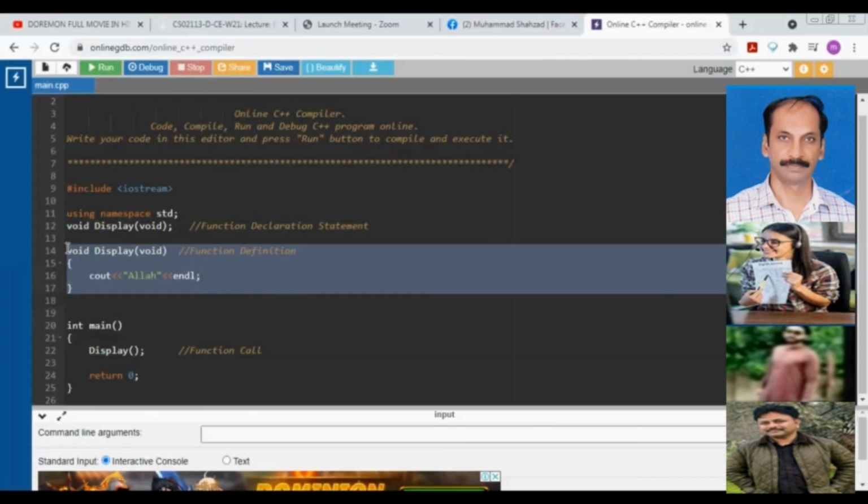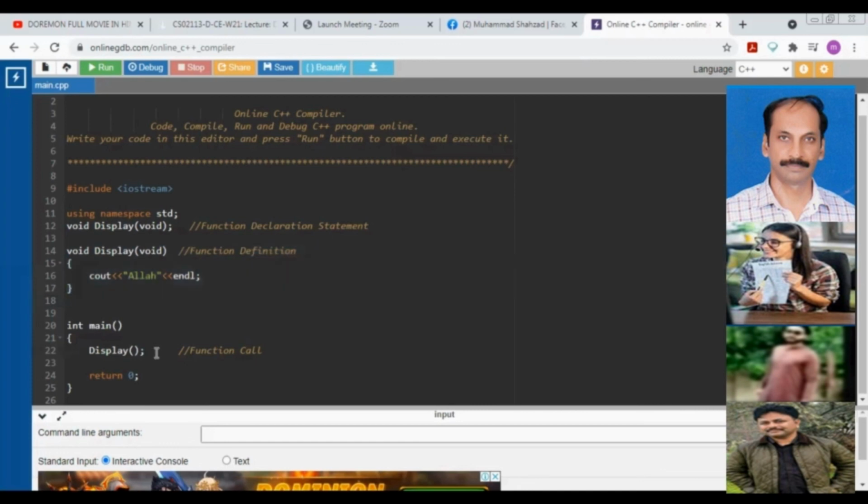I'm very happy, my dear. I do tell you, when the function definition will be executed, whatever the result of the function definition is there, that will be placed after function call, my dear. Are you getting, my dear?